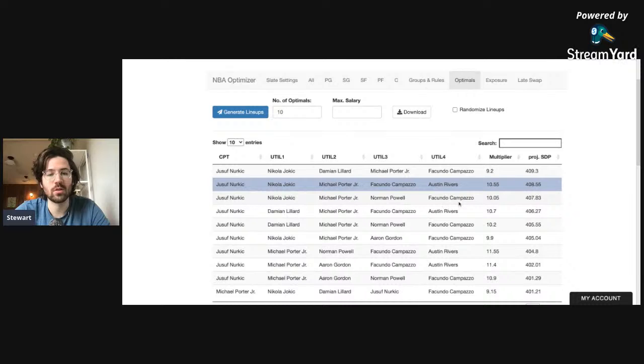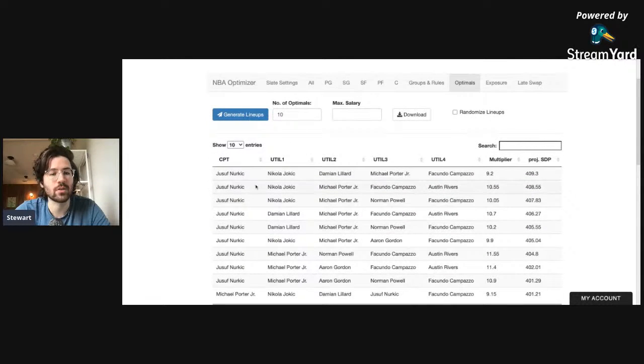And then figuring out what to do with your fourth guy, like Rivers seems viable. A case could be made for Powell. I think that feels like a safe, low variance way to go. Potentially sliding Jokic or Lillard into the champion slot maybe lowers variance a little bit, but I don't know. I think Nurkic feels pretty safe. He would just have to get into a bad foul situation to really bust, or just struggle to get rebounds. Jokic is a strong rebounder, but I do think Nurkic should have plenty of opportunities to